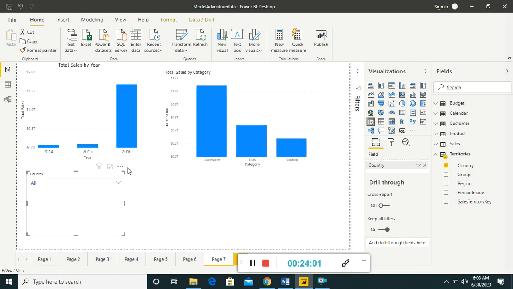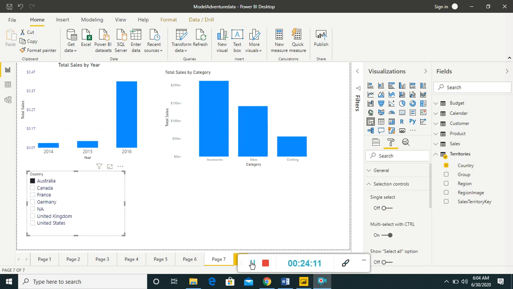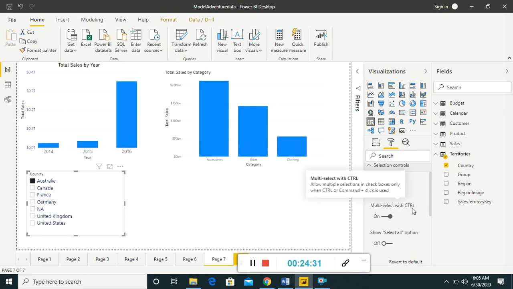If I want to use drop down view, I can select this and the drop down will be displayed. You can apply various formatting options with the slicer. If I click on format, there is a selection control option. I turned single select off, and I have chosen multi select with control button. So I can choose multiple options by pressing the control button.